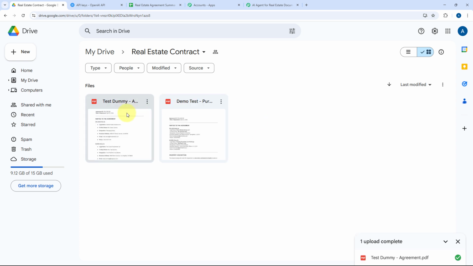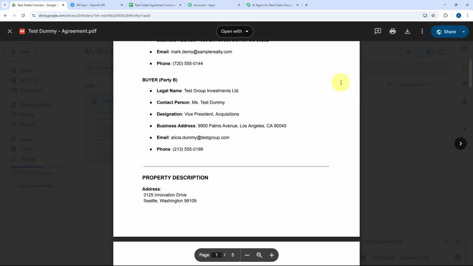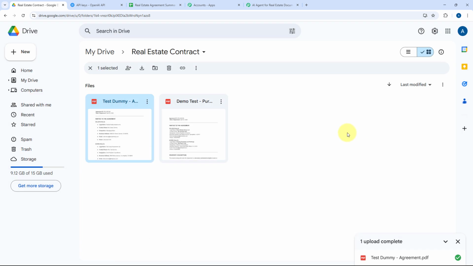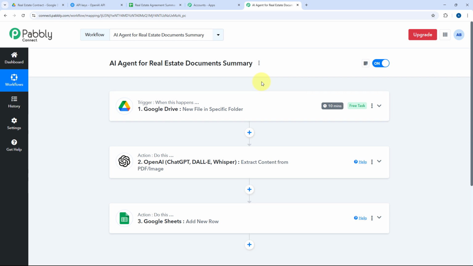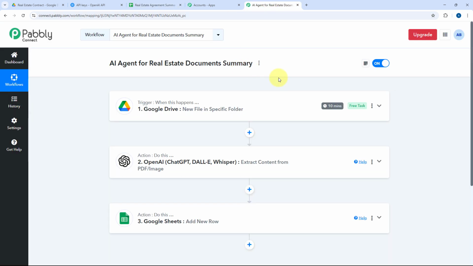Now the real estate agreement is uploaded over here. The file name is test dummy agreement over here, and we have some details. And as we upload a new file in this Google Drive folder, we will see automatically within 10 minutes, this AI agent will capture the new file, extract the details, summarize it, and add all the details in our Google spreadsheet. And it will basically take 10 minutes of time because the connection between Google Drive and Pabbly Connect trigger,